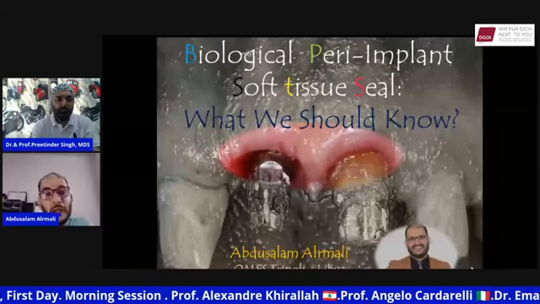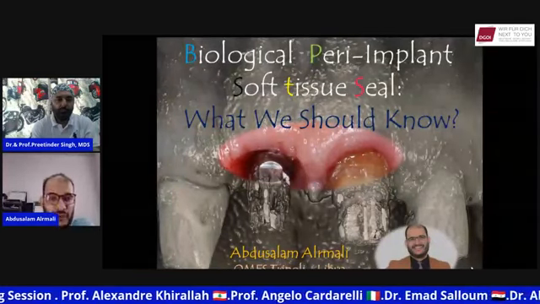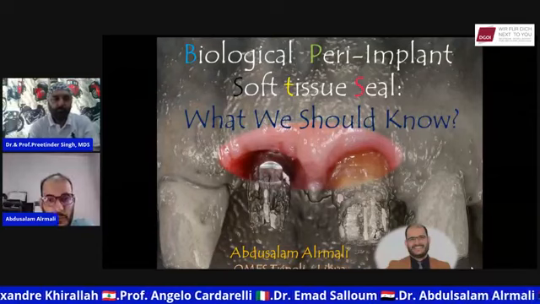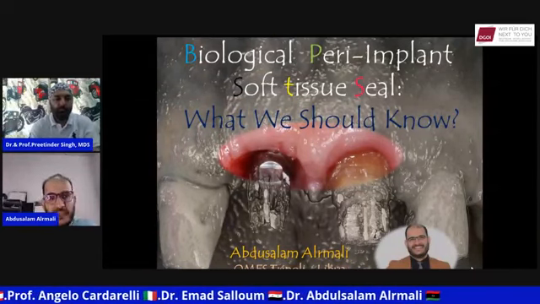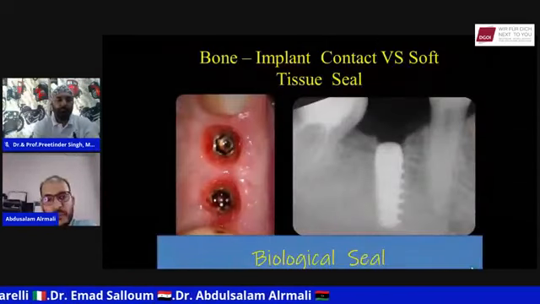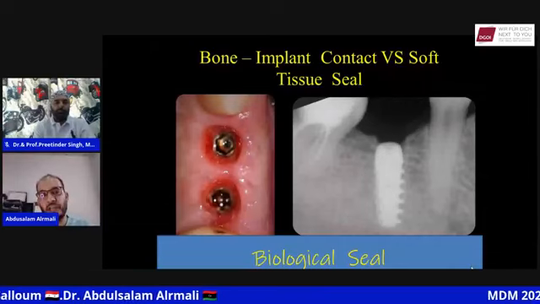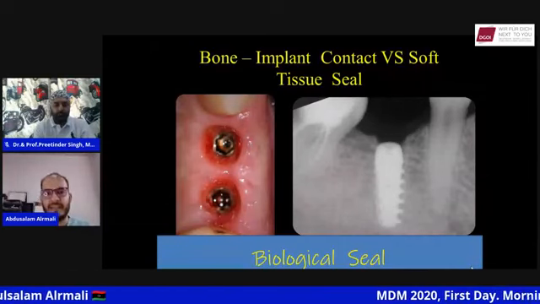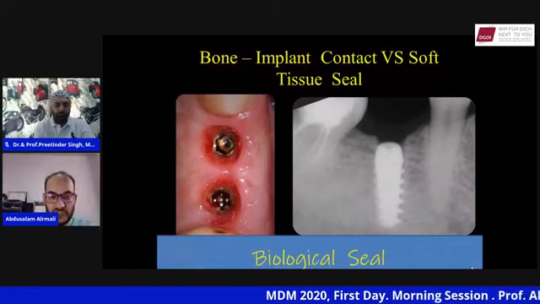To talk about the biological peri-implant soft tissue seal. What we should know about this topic. Okay. So if we compare between the bone implant contact on the right side versus the soft tissue